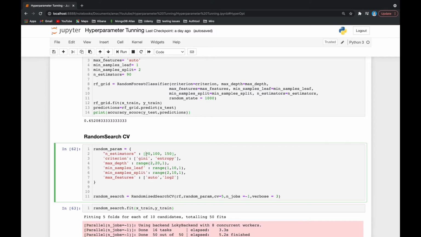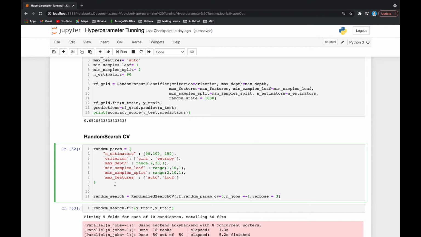One by one, it will take all the values and do the permutation and combination of these parameters. But in random search CV, it will take randomly, right? From n estimators, it will take directly 150, and afterwards, it will take 100. Okay. So the computational time required for random search CV is very less as compared to grid search CV.